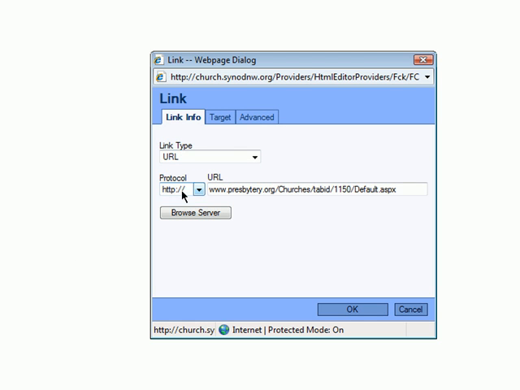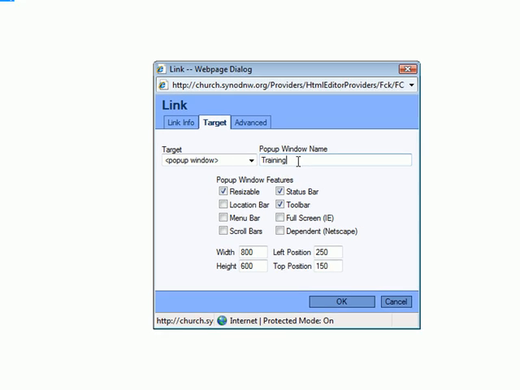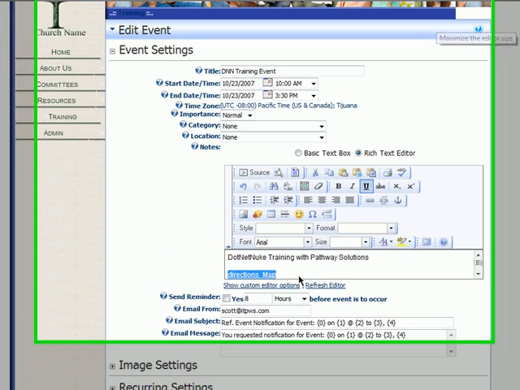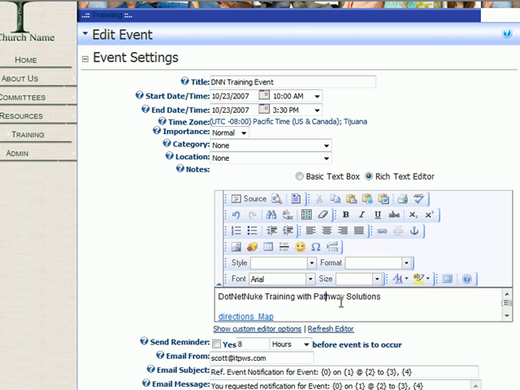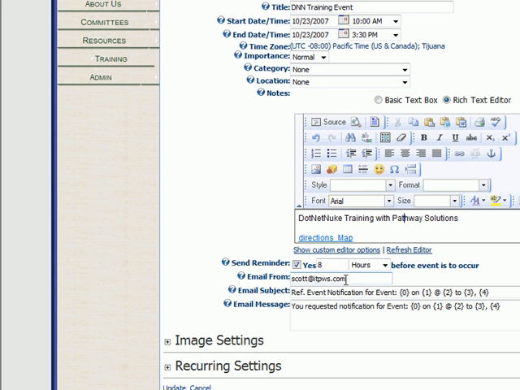Okay, so now we have a URL that's coming here, and it's going to go into a pop-up window, and we're going to call this pop-up window training. Okay, so now that we have our text in there, we can minimize this again, and it's right in there. Makes it much easier working with it on full screen. Send reminders, and it's going to send it to my default email, and